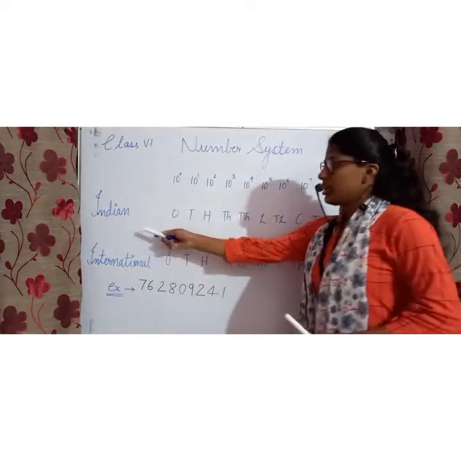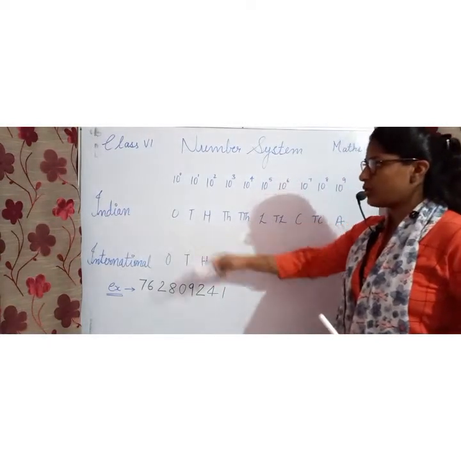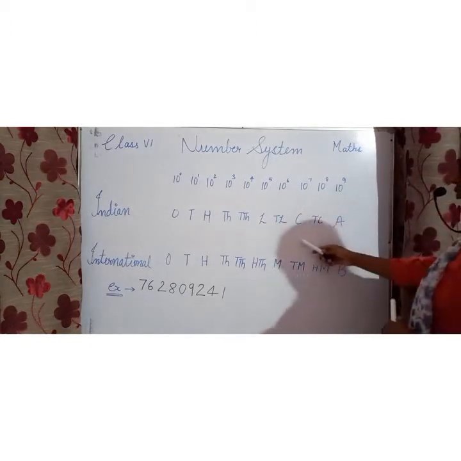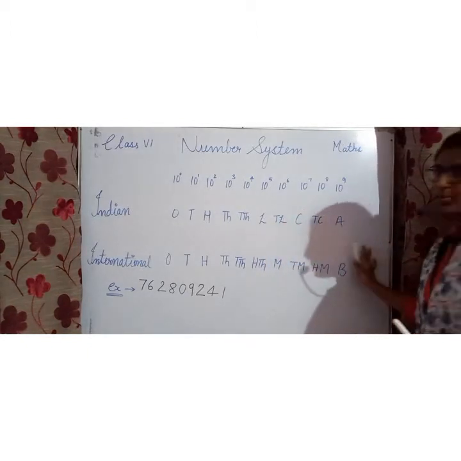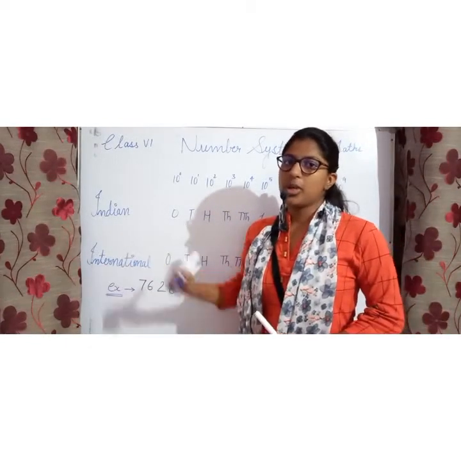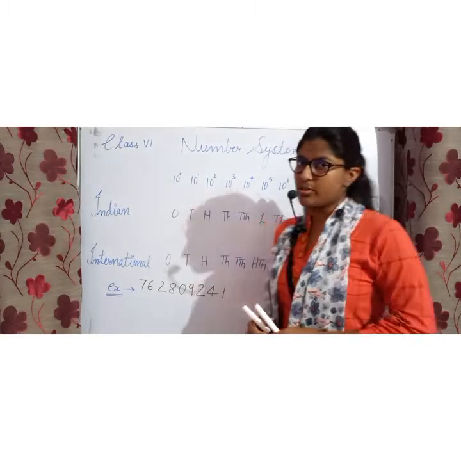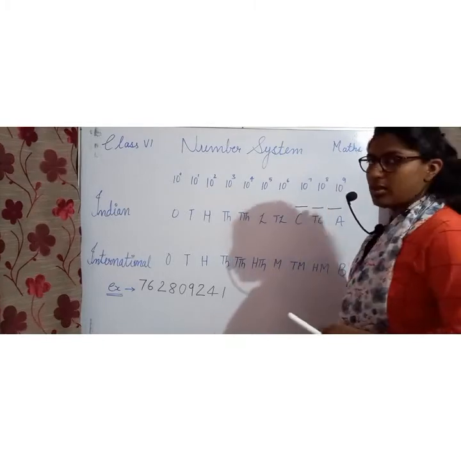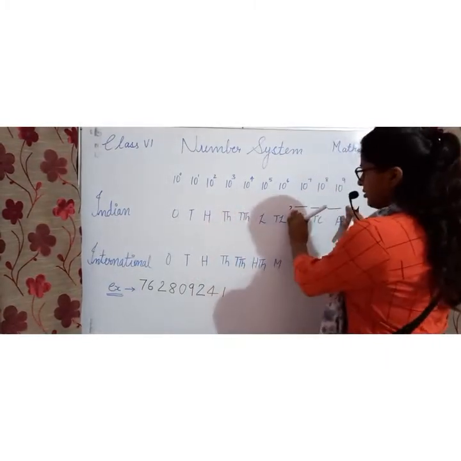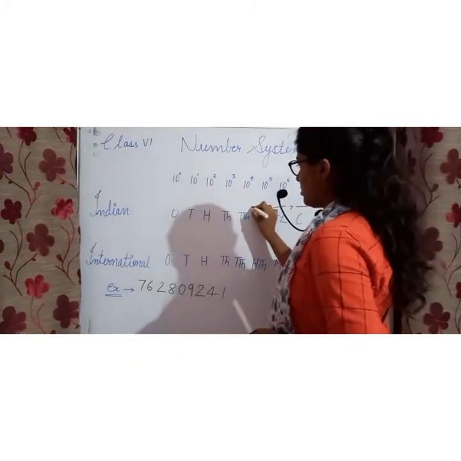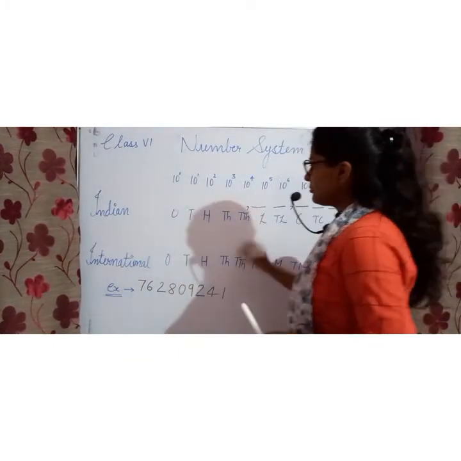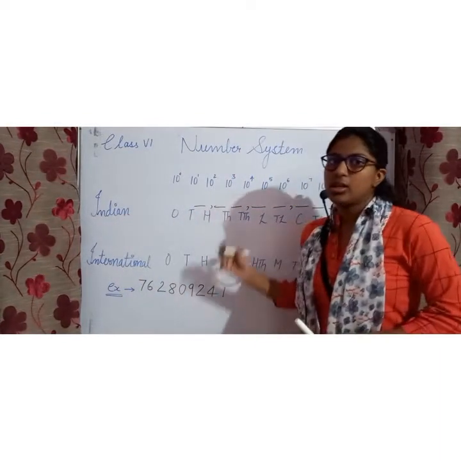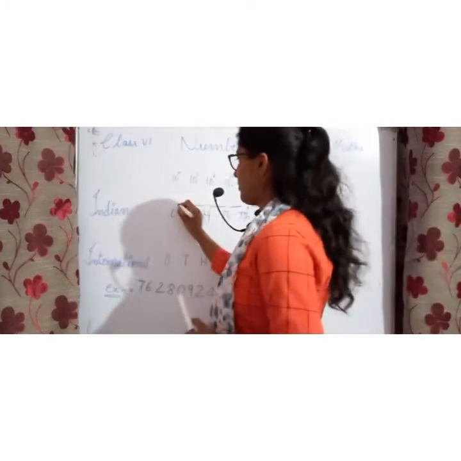You see here, Indian number system place values are ones, tens, 100, 1000, 10,000, lakh, 10 lakh, crore, 10 crore and arab. These are the place values in the Indian number system. When we are writing any number according to the Indian number system, we write in this way: ones, then tens, then 100, and make a comma after 100. This is the place value of 1000, then 10,000, then make a comma, lakh, 10 lakh, and then make a comma, then crore. In this way, you can write any number in the Indian number system. Okay?